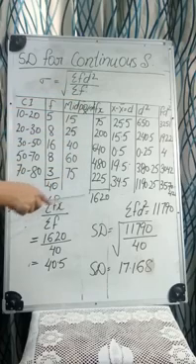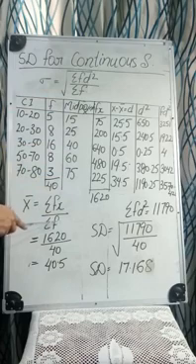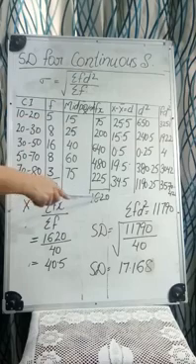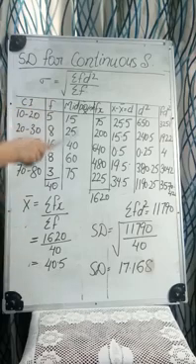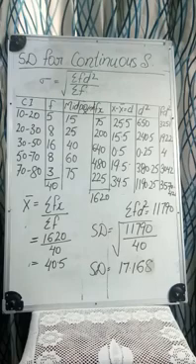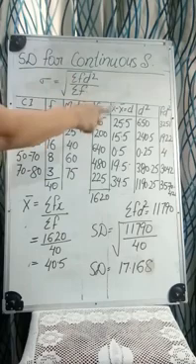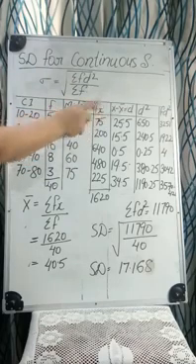Next is the summation of the fx, that is 1620. The next one is the summation of the frequency, which is 40. Apply these values in the formula of the mean and you will get the value of the mean. Now we have the x value as well as the x bar. We need to find out the d for every observation, and we already calculated every step for the discrete series. It is the same for the continuous series. So d is equal to x minus x bar.